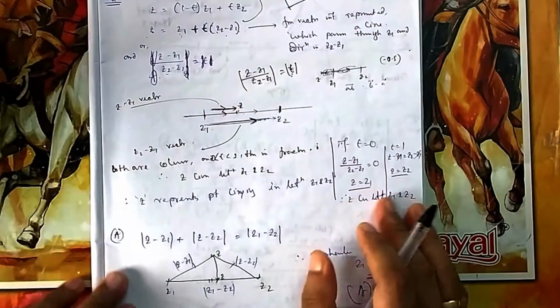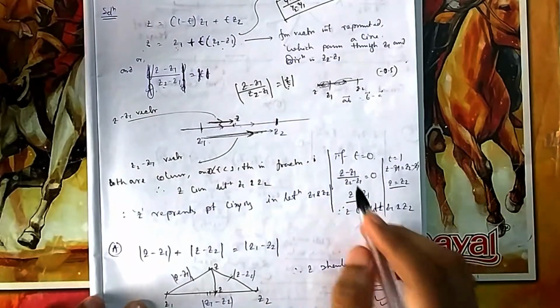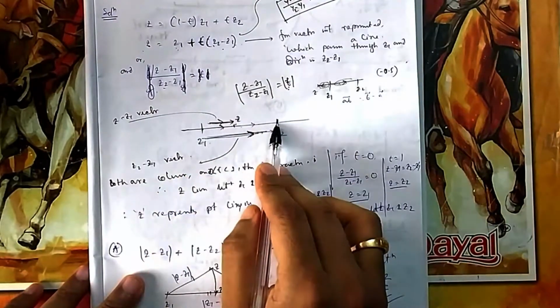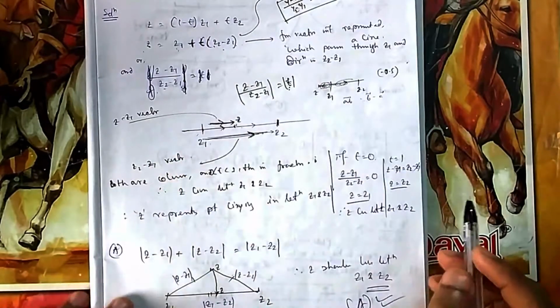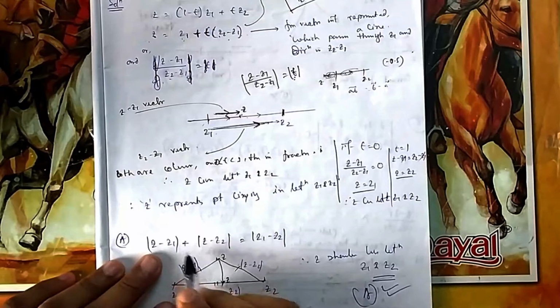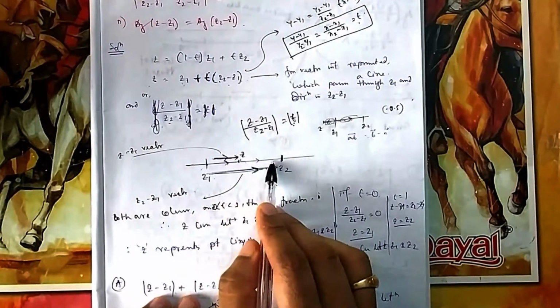Here I have explained the same thing. What will happen if t is 0? What will happen if it is 1? If it is at 0, it will come here. If it is at 1, it will come here. At 1 means the distance will be the same. At 0 the distance will be 0. What is the first point? z minus z1, z minus z2 is z1 minus z2. You can see z minus z1 is this one, z minus z2.